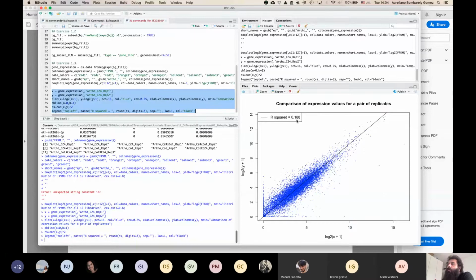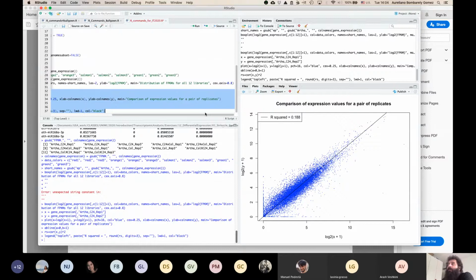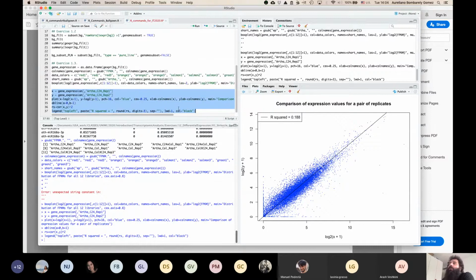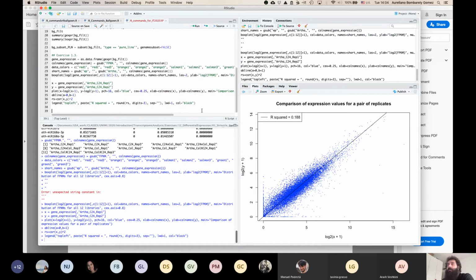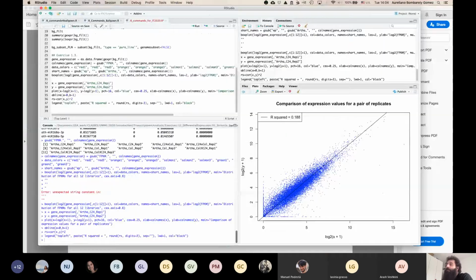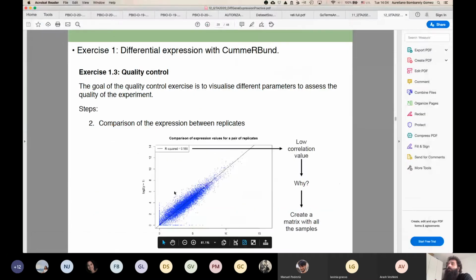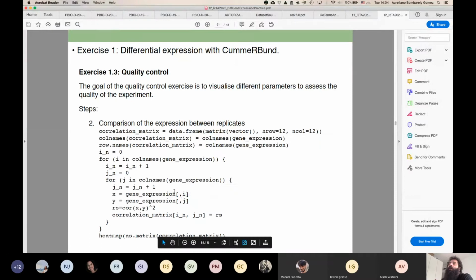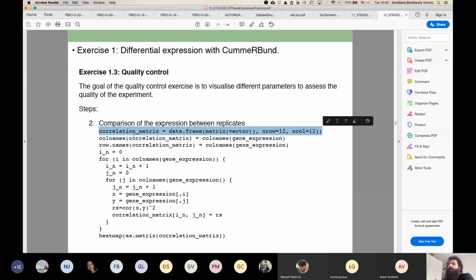0.188 is really bad. Okay, so potentially we could do this by pairs one by one, but we don't want to do it with everything. So we are going to create a correlation matrix. And the correlation matrix is basically, we are creating an empty data frame here. As I mentioned before, we are putting some names,